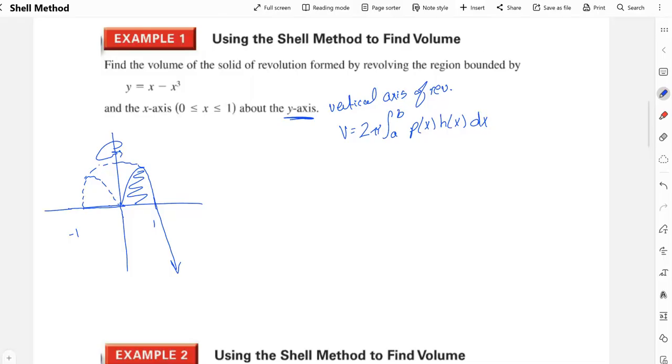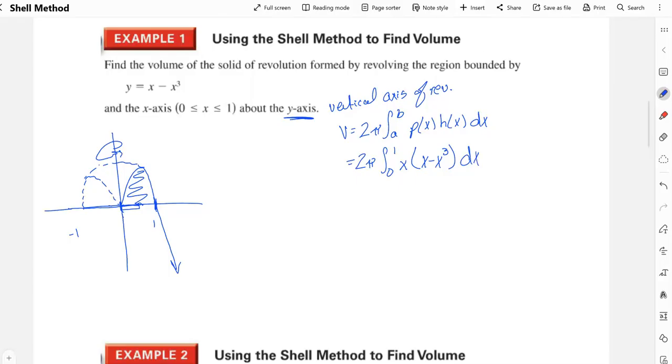And like I said, it's going to look kind of like a pound cake that's cooked in a bundt shell or something like that. So how would we find the volume? We're bounded between 0 and 1. P of x is the distance to the axis of revolution. So in this case, my distance would be x. My height is going to depend on the function, which is x minus x cubed